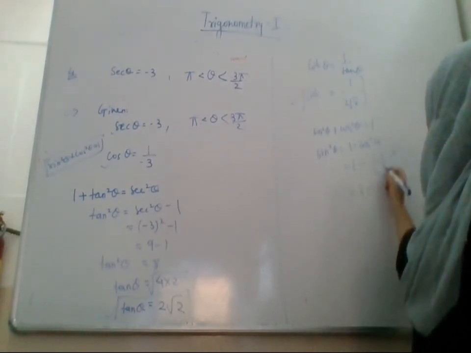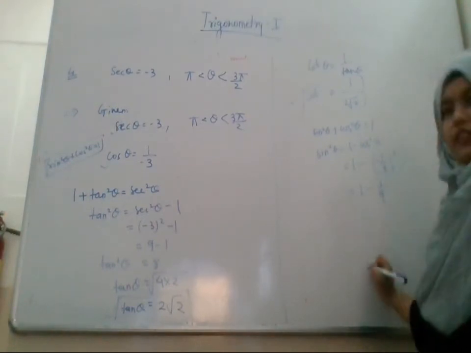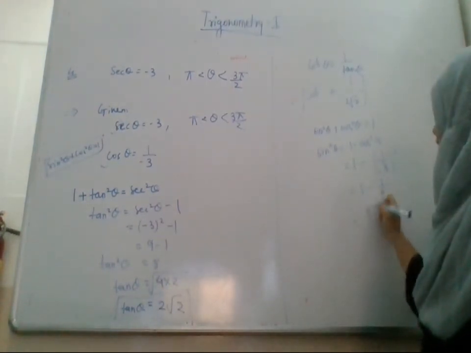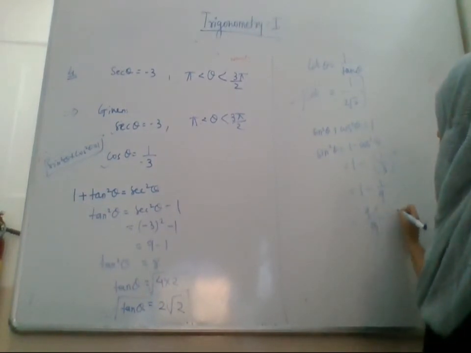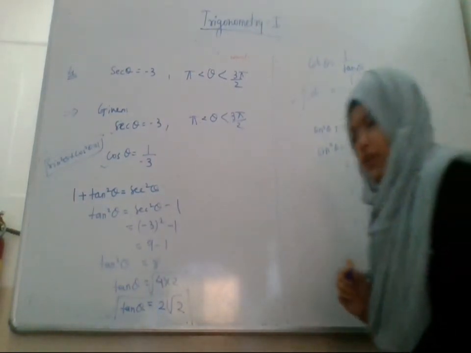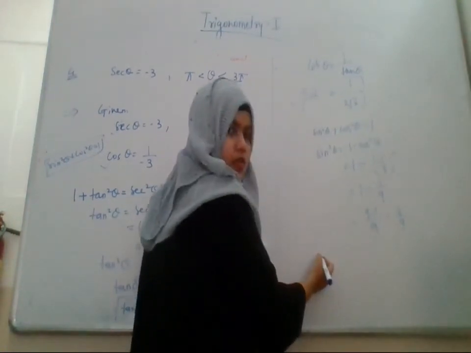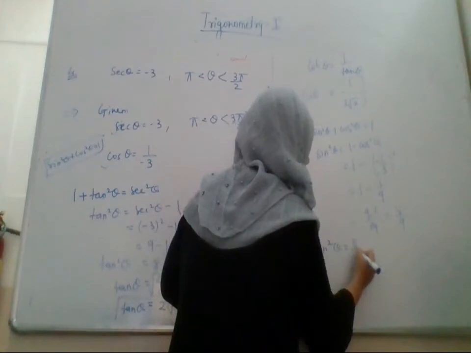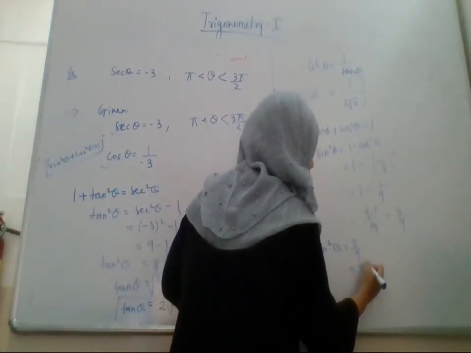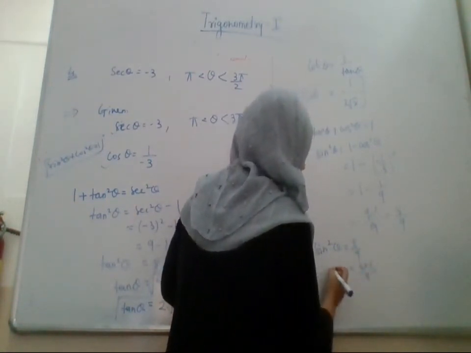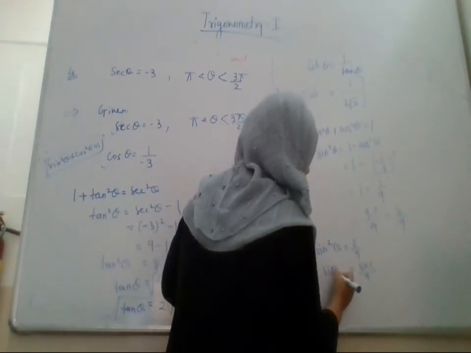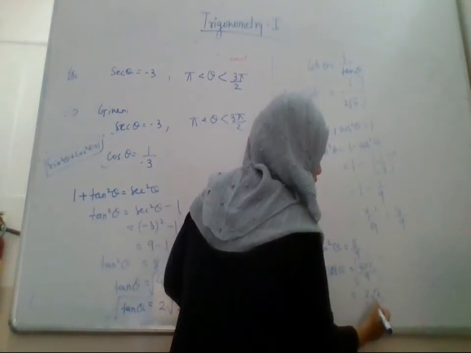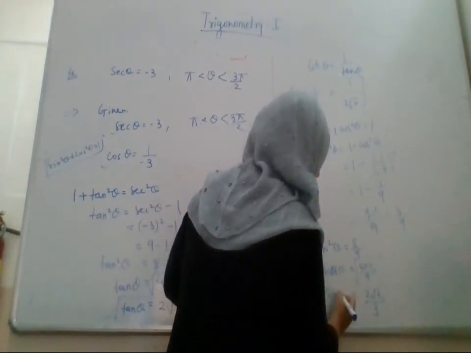So it is 1 minus 1/9, right? So that means, take cross multiplication, (9 minus 1) divided by 9, that is 8/9, right? So here I have got sin square theta is 8/9. 8 can be written as 4 into 2/9. So sin theta is under root of this, that is 2√2 divided by 3 is your sin theta.